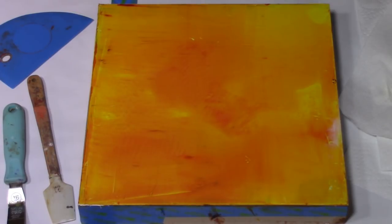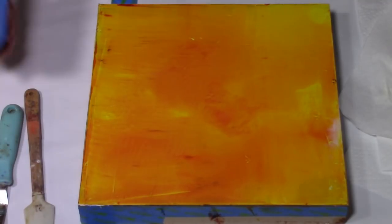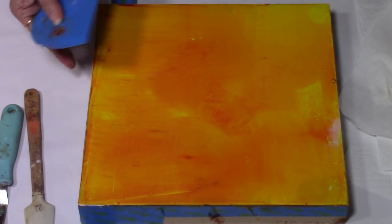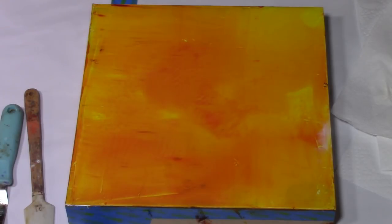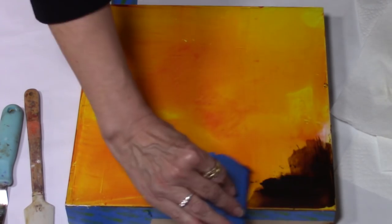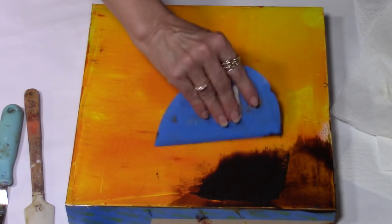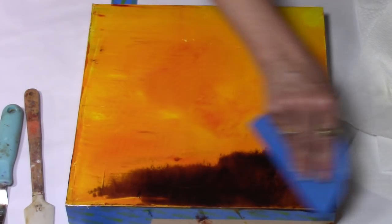I'm going to dive into this piece very intuitively, not knowing exactly where it's going, but I want you to come along with me and join me while I apply some paint today. So the next layer that I'm going to put on is a color by Gamblin, which is an Asphaltum. It is one of my favorite colors. It is a beautiful, rich, dark brown,